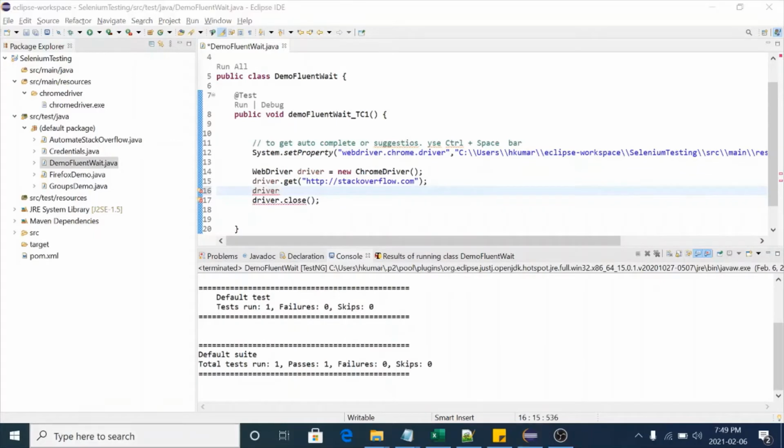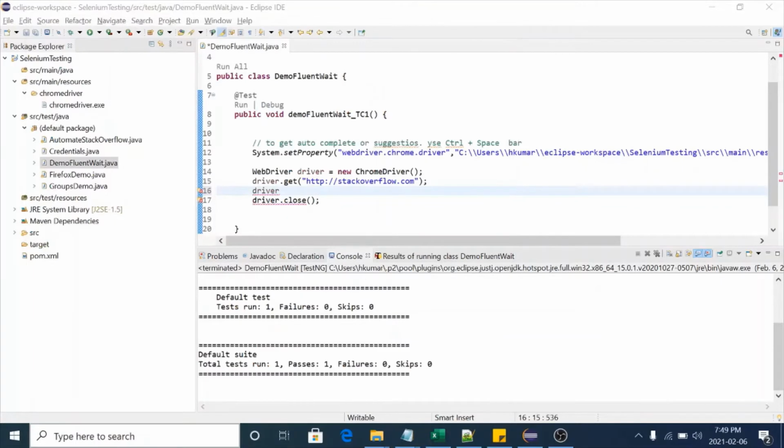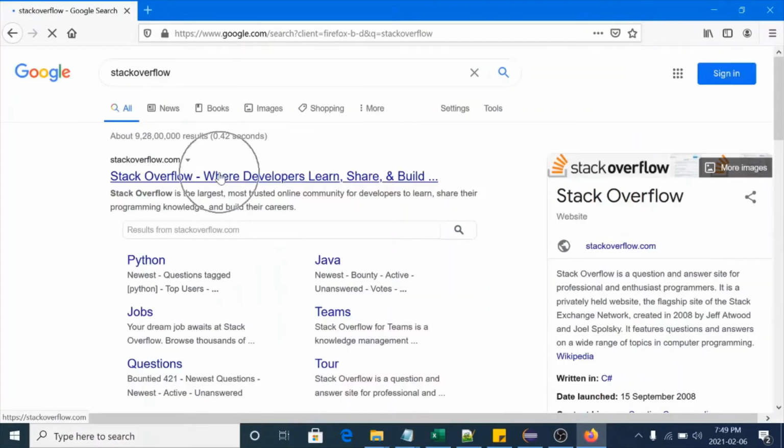So we will play with the Chrome browser. Let me open the Firefox browser to get the elements.